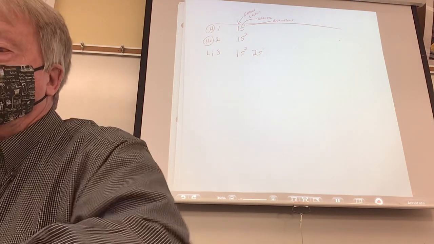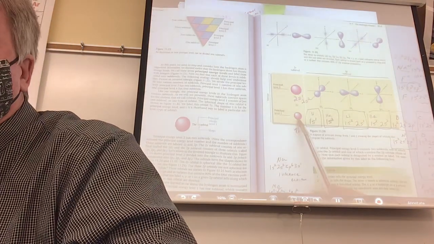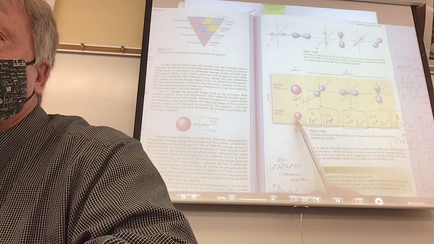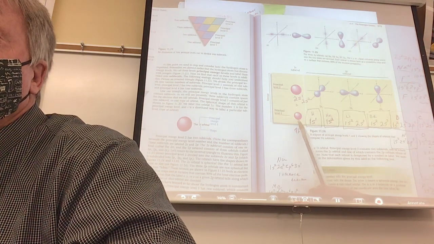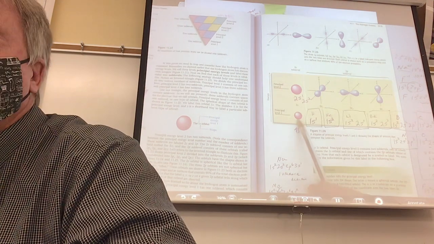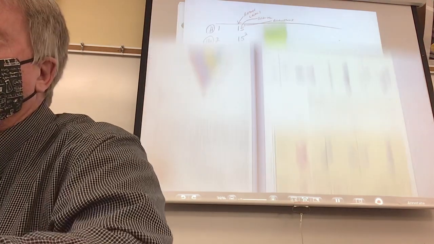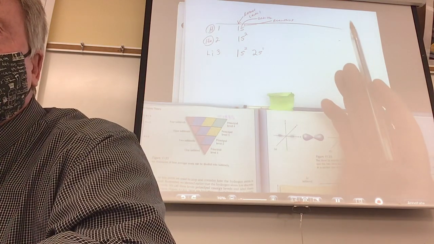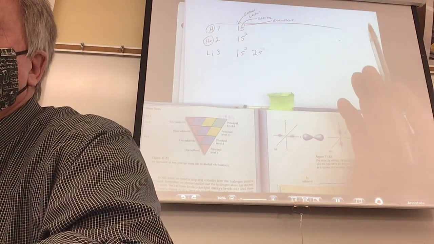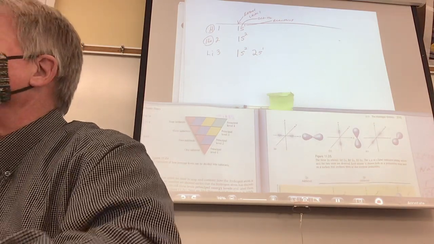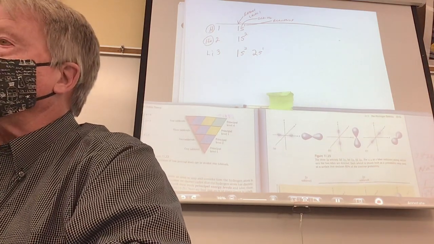Why would you leave the 1s2 there? Because this thing called an orbital, you can only put at the very most 2 electrons in an orbital. So if you have 3 electrons, how many of those 3 can I put here? 2. So I fill it up, 1s2. But now you got an extra one. Where's it going to go? It can't go in the first level. All right, jump to the second level. And who's waiting for it in the second level? Another s orbital.